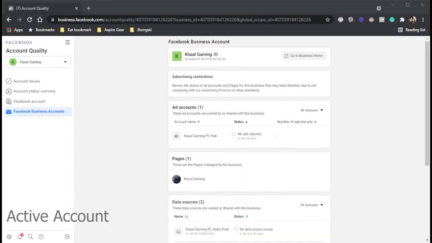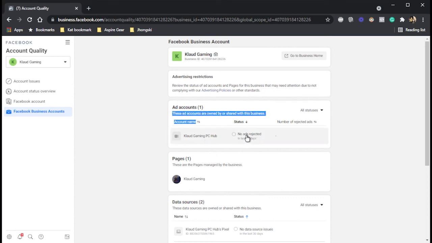All right, so this is the second account of my client. As you can see, the ad account is active, of course. It says here, no ads rejected. Remember the cloud gaming PC hub that we created on Ads Manager?